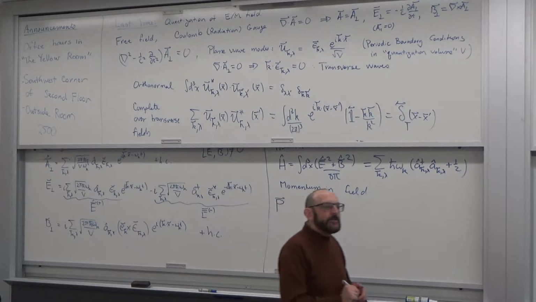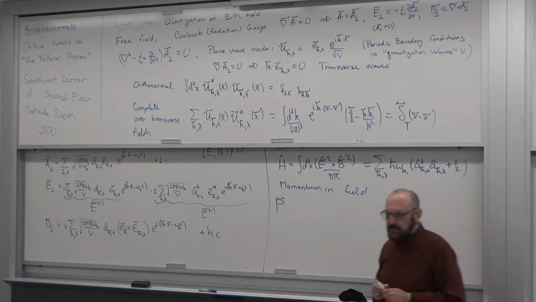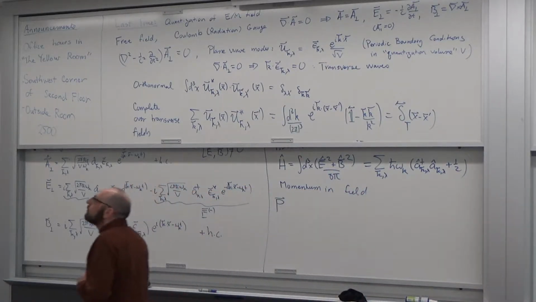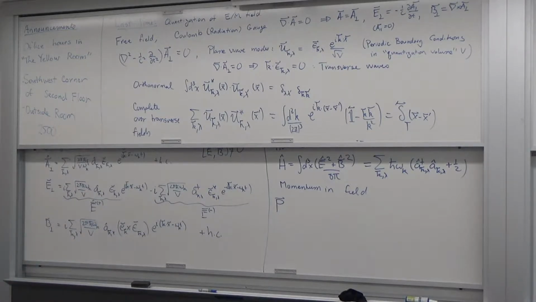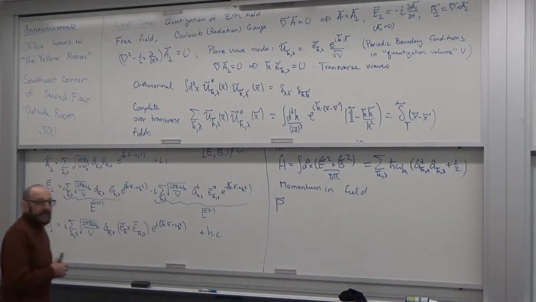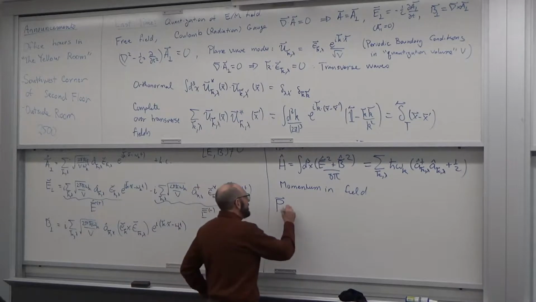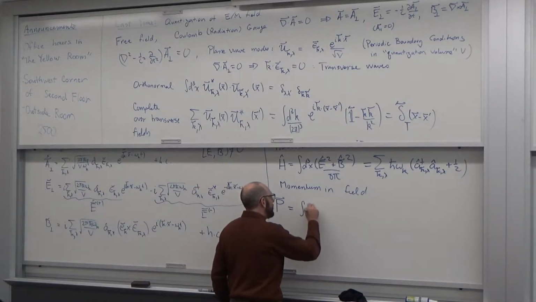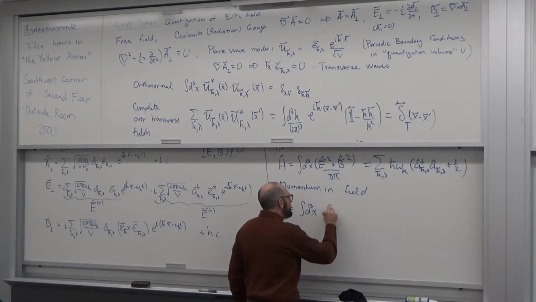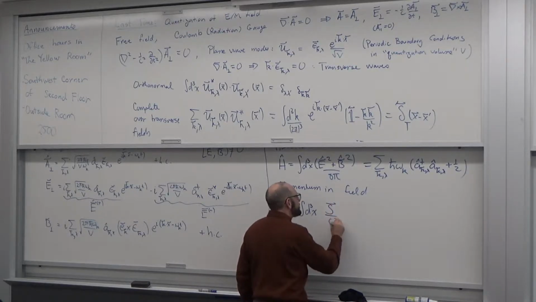Electromagnetic waves carry energy. They also carry momentum, right? And the momentum flux is related to the Poynting vector, right? So the total momentum in the field is the integral over all space of the Poynting vector over c squared,